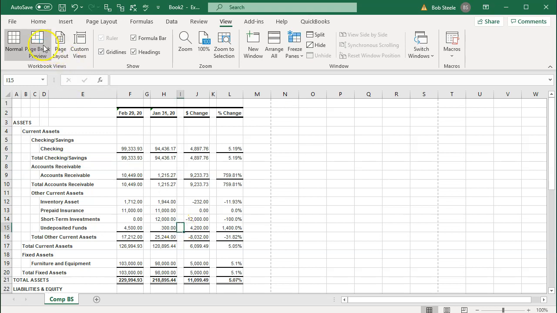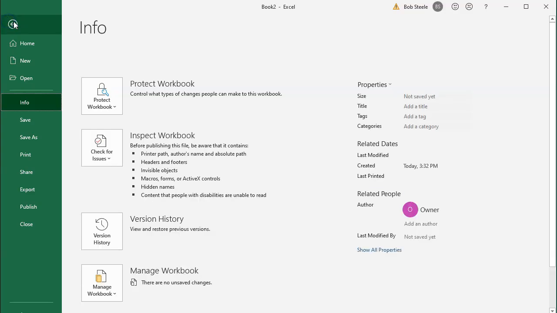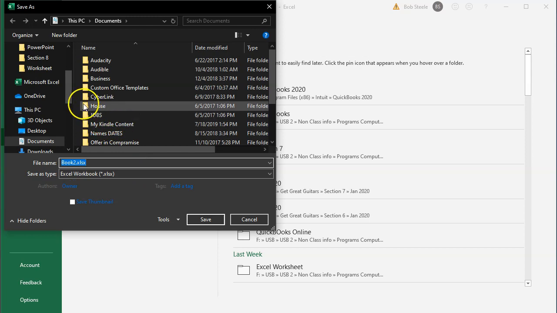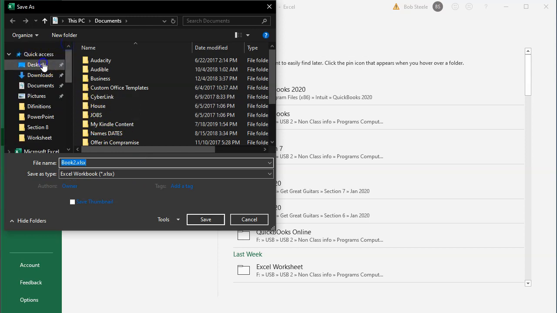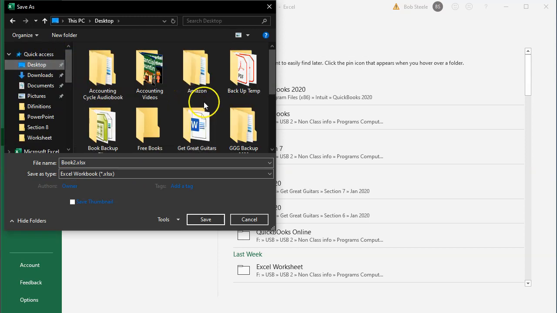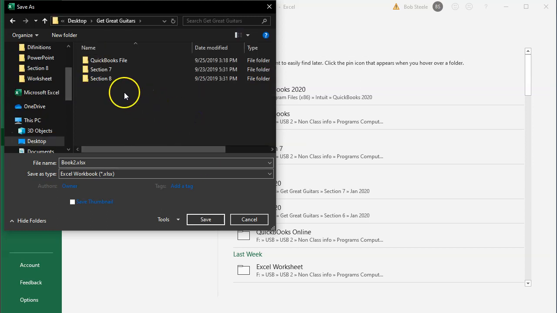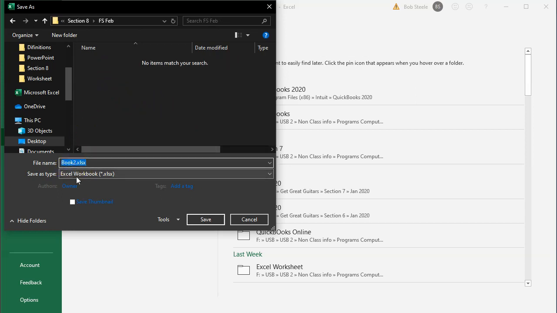Now I'm going to save this by going to the File drop-down. We're going to save as, browse, and then it's going to be going to our desktop is where I have it. So it's in the desktop, which is kind of a messy location. And we want the Get Great Guitars, section 8, and the financial statements for February. And then again, I'll put that here,